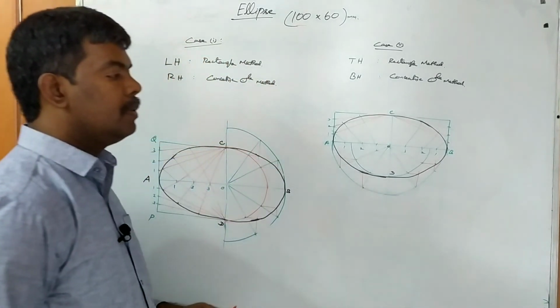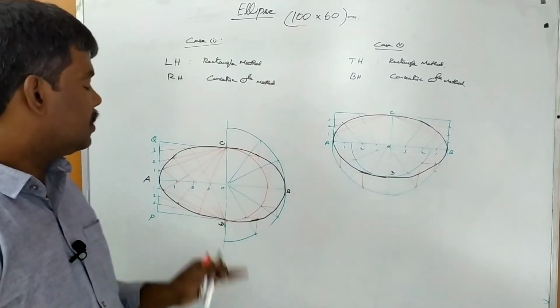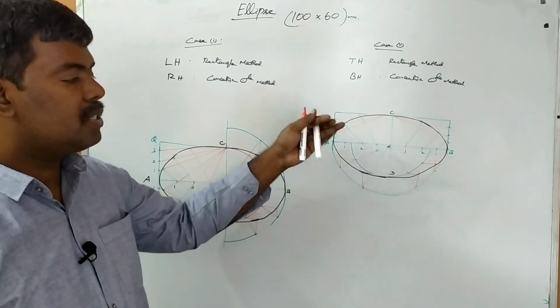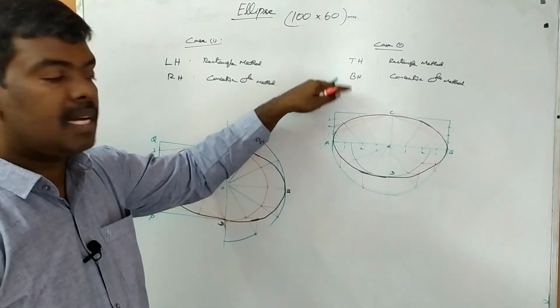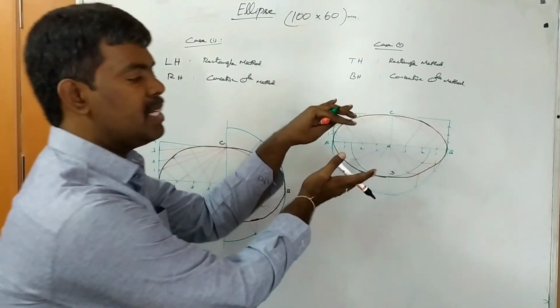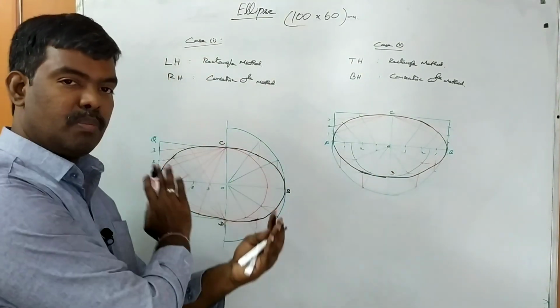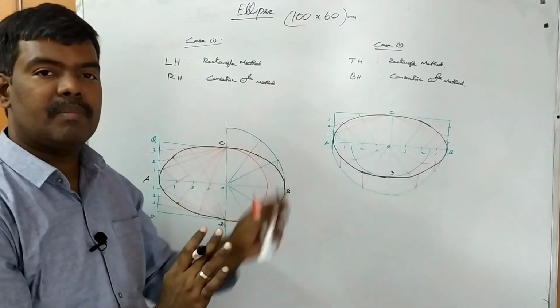Clear? So this is left and right offset, it is top and bottom. Similar procedure vice versa. Top is concentric circle method. Just imagine it is a mirror effect. Just imagine it is also a mirror effect. Left and right, top and bottom is changed.